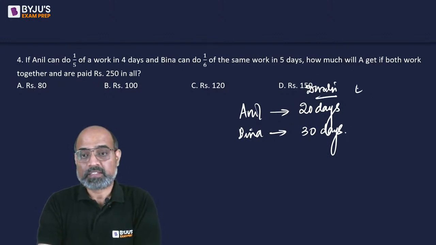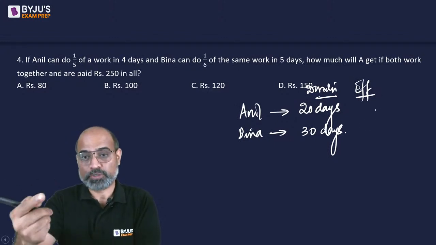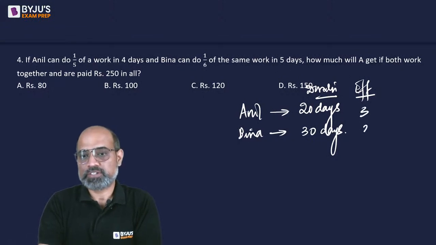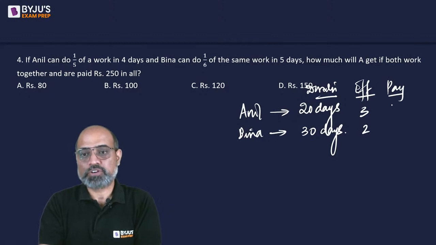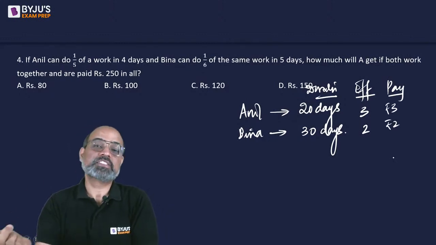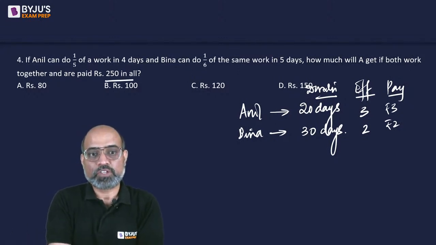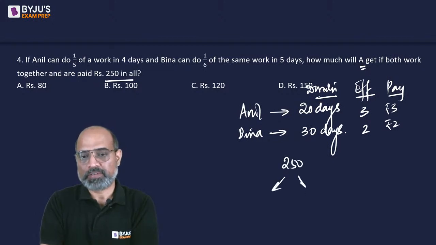So their efficiencies are going to be inversely proportional, right? So duration का ratio 2:3 है, तो efficiency का ratio हो जाएगा 3:2. Now the payment happens in the ratio of the efficiency. So that means out of every 5 rupees, Anil gets 3 and Bina gets 2. Now question says total 250 agar hai, so how much will Anil get, right? How much will A get? So Anil is going to get 250 ko 3:2 mein divide kar lo,